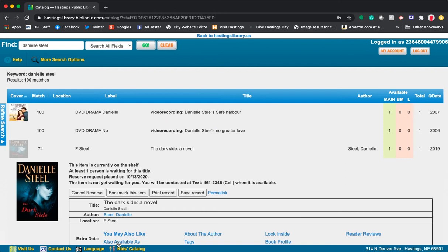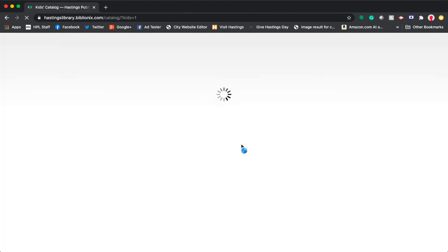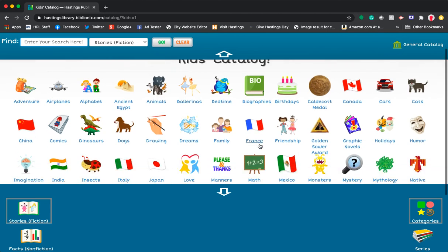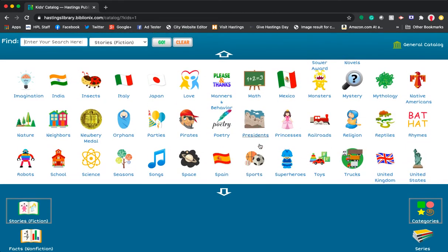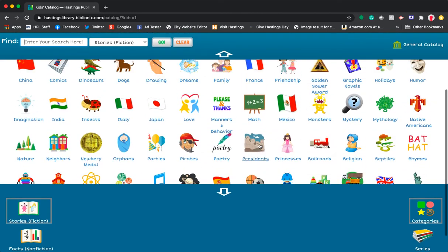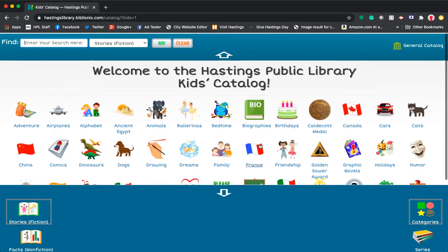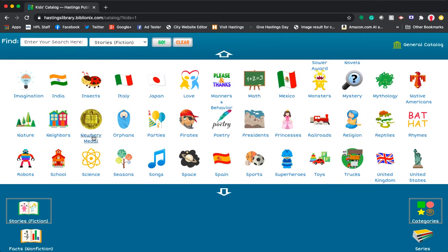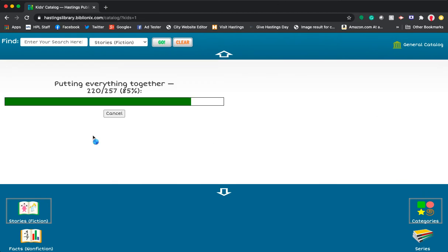Now we're going to go to the kids catalog. So again, I just clicked on kids catalog, and now it's going to bring up this really cool screen. It is sorted by categories. So all of these categories, there's something pertaining to that in the library. Really cool, really exciting. So let's say I want something with the Newbery medal. So then I clicked on that,